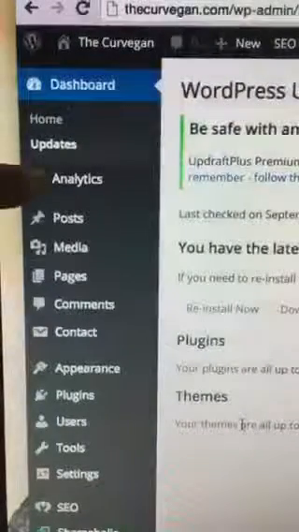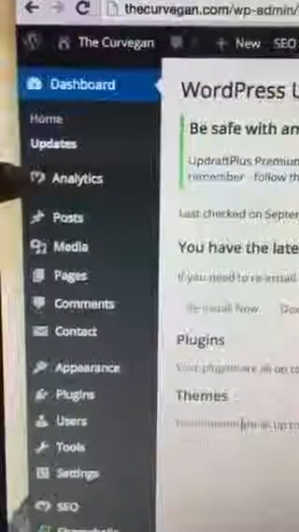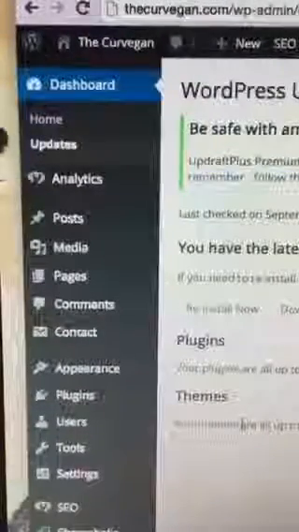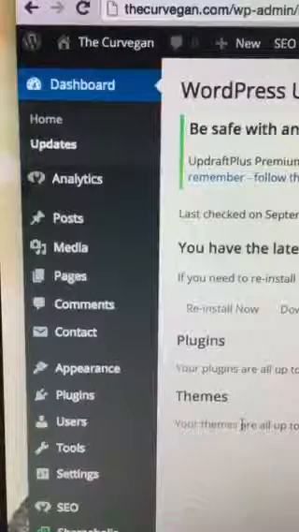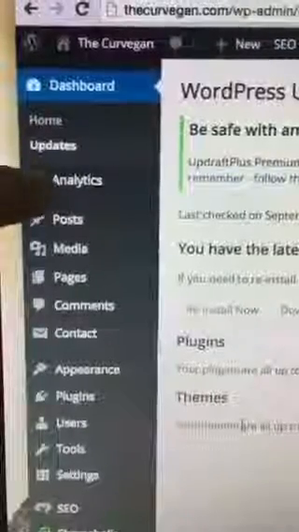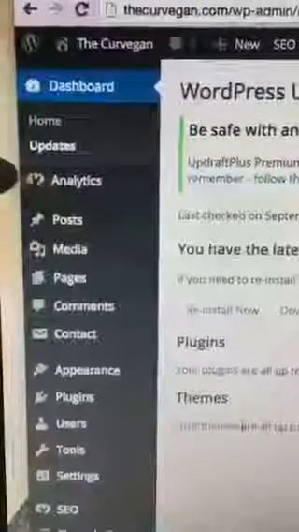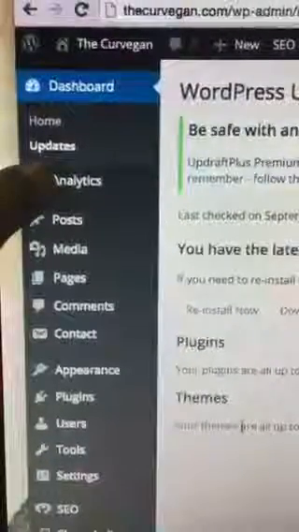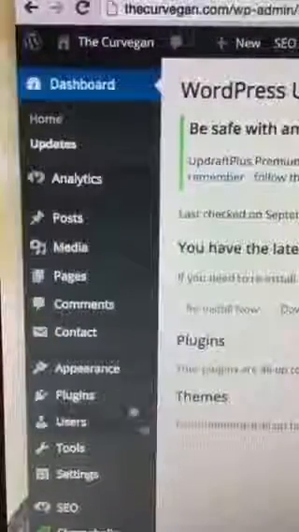Now, this area is the analytics, but it is not there by default. The reason it shows up right here is because we installed the Google Analytics by Yoast. Okay? And like I said, I think I already did a scope on this one. So please go to Catch Me and find the scope on this one. Okay? Now, post, it's the same thing like a blog post. So when I click,